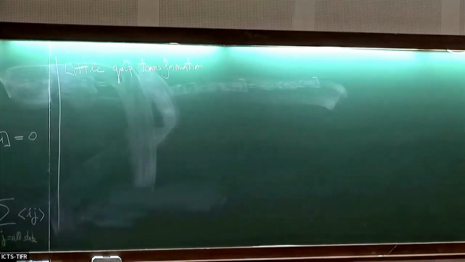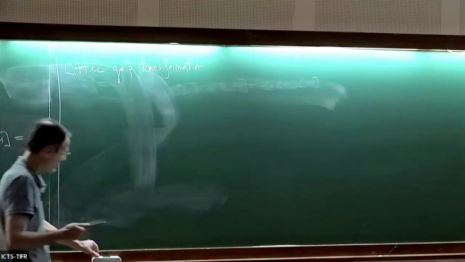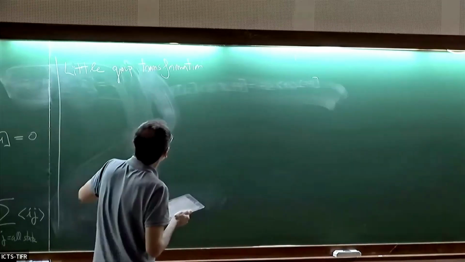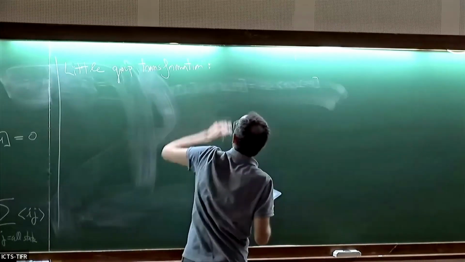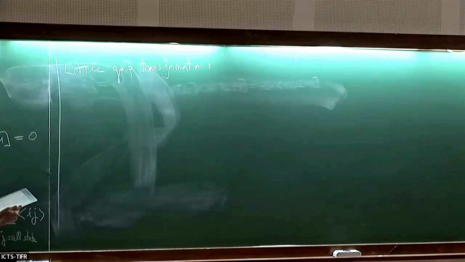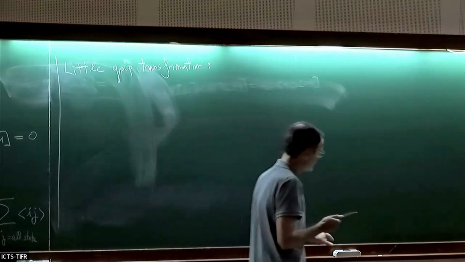It is the usual way you define your states in quantum mechanics, with clear transformations under Lorentz. And the little group is exactly the subgroup of the Lorentz group that leaves invariant